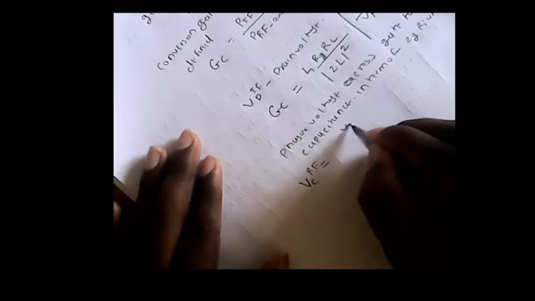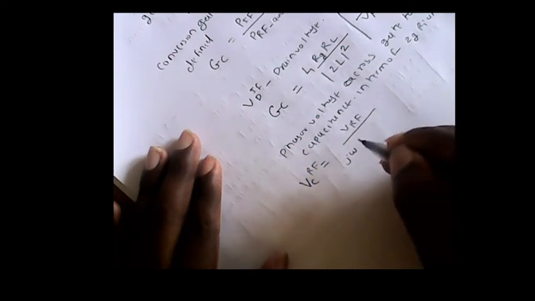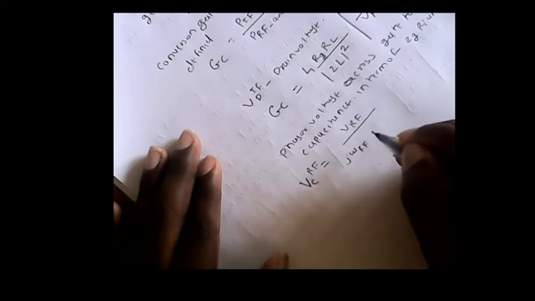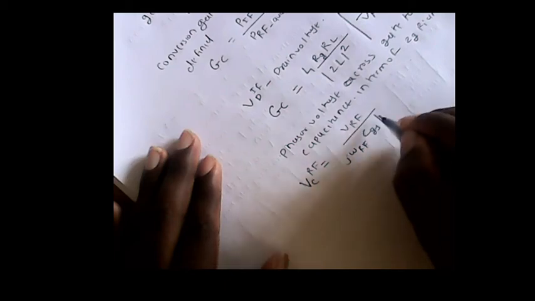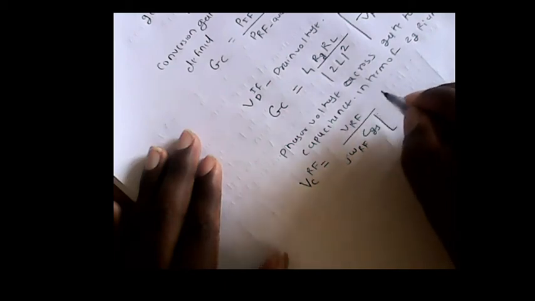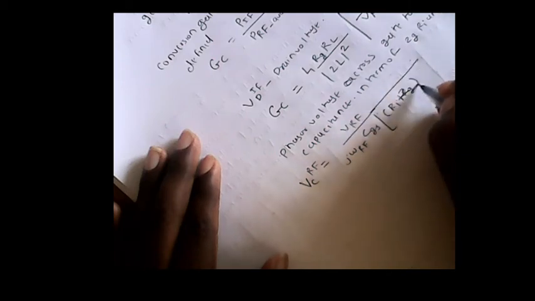So we see Vgs is equal to Vrf divided by j omega Cgs, the gate to source capacitor, Ri plus Zj, bracket complete, 1 upon j omega Cgs into the gate to source capacitor,